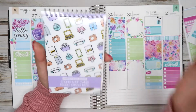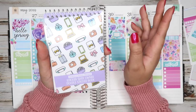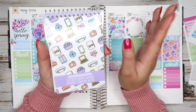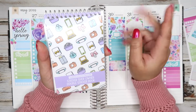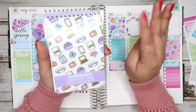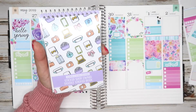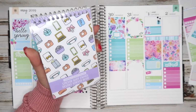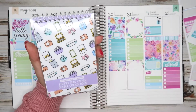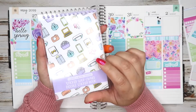The other 2 are a little bit bigger. They are the functional versions. So there's a functional basics, which is all rainbow colored, and then the other one is the functional glitter basics. So it has a bunch of glitter related functional items all in one place. So you can actually grab those also in the shop, but this one again is the sticker shop owner one,